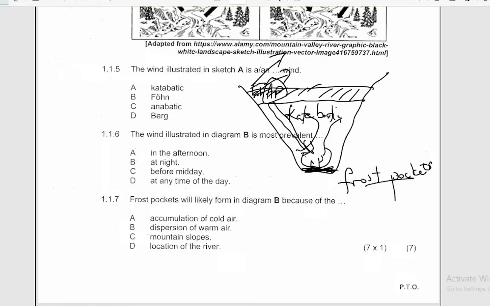But because of its density, it's more dense compared to the air which was in the valley. It will now displace the air which is warmer vertically up the valley slope because of the density effect. It's more dense, it's heavier, it occupies the bottom part, and it uplifts the less dense air onto the sides of the valley, stretching from one end to the other. And also, why doesn't this air escape? Because a thermal belt is a belt of warm air which is trapped between two bodies of